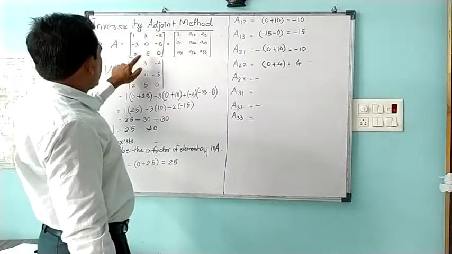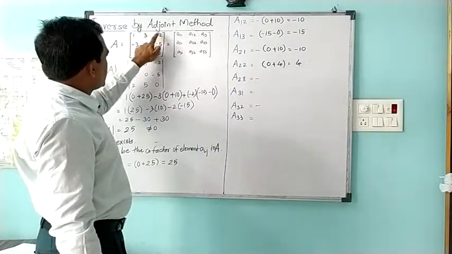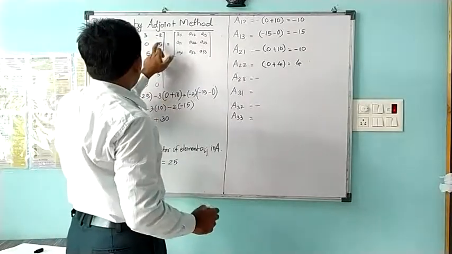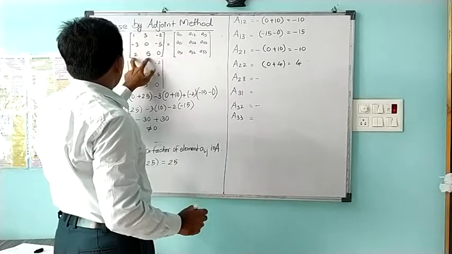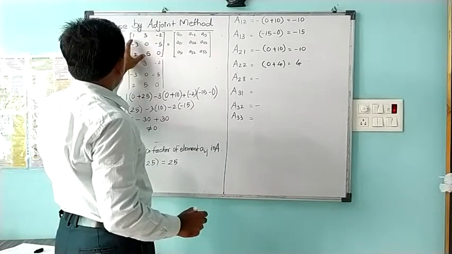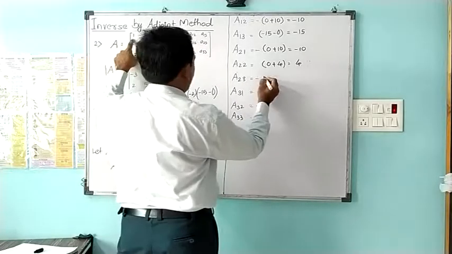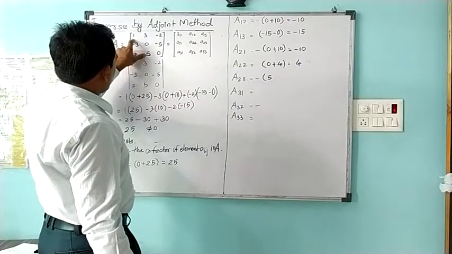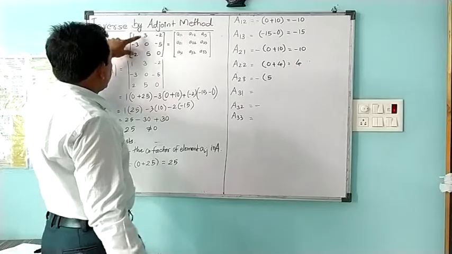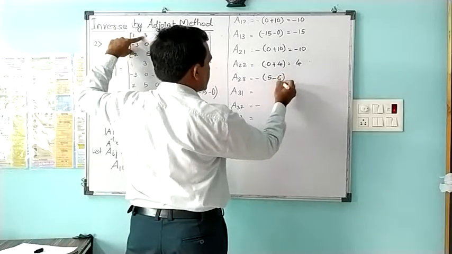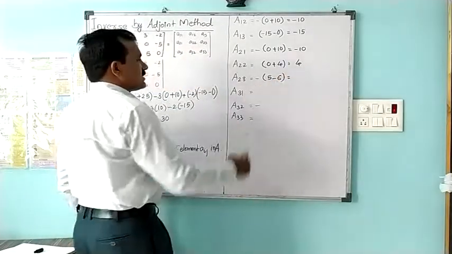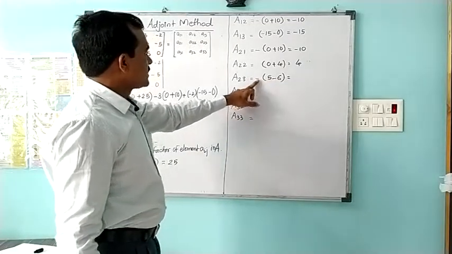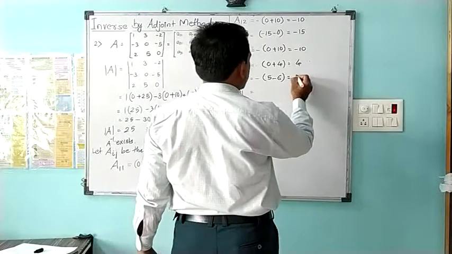After that, your target is to eliminate the second row with the third column. So second row with third column uses the remaining 4 elements 1, 3, 2, 5. Their cross is 5, minus by formula, and 6. So the difference is -1, and this minus will give us +1.